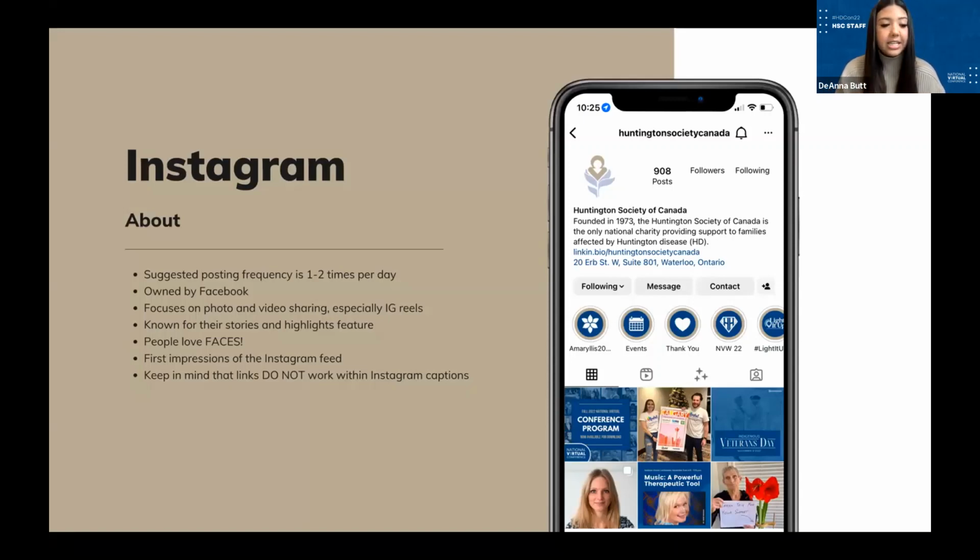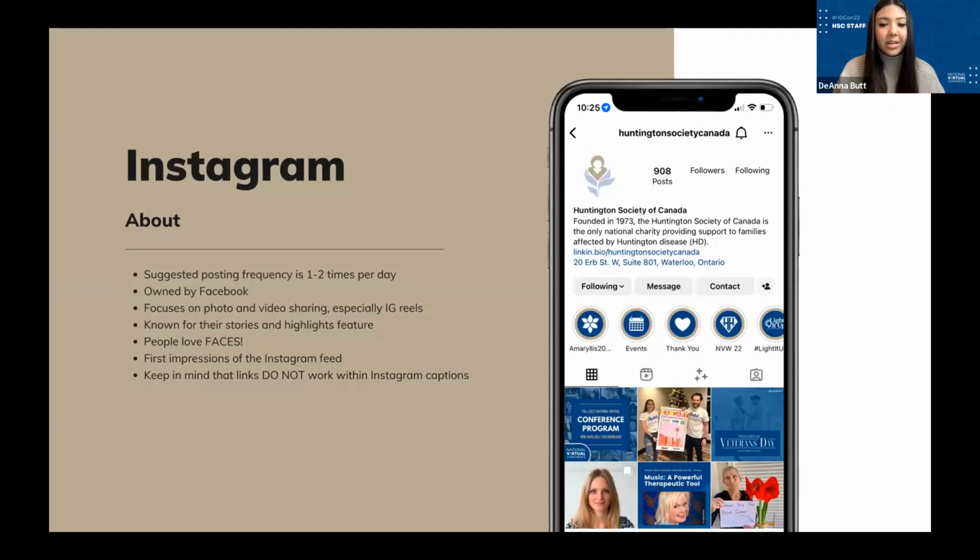Another thing to be mindful of is the first impression feature of Instagram. With Facebook, when you go onto someone's profile, you just see the most recent post. Whereas on Instagram, you can see all of their previous posts as a grid right when you go to their profile. So it's important to keep in mind the first impression that you get when visiting someone's Instagram. Specifically in the younger demographic, when visiting an Instagram page, we look for the aesthetically pleasing aspect of it, the color theory, all that kind of stuff. So just make sure that you're being mindful of how your grid on your Instagram looks, which is just one other thing to add to the fun.